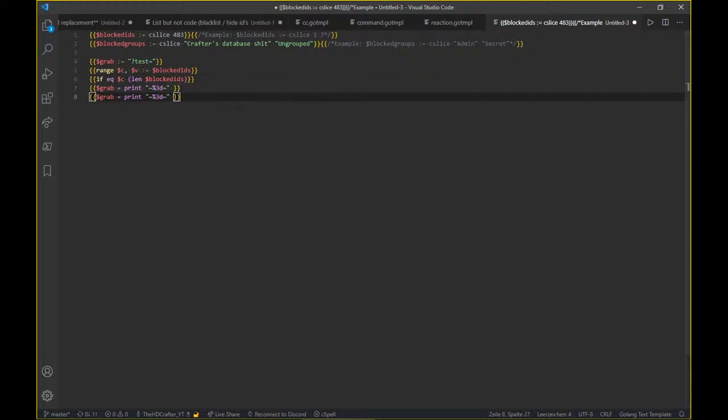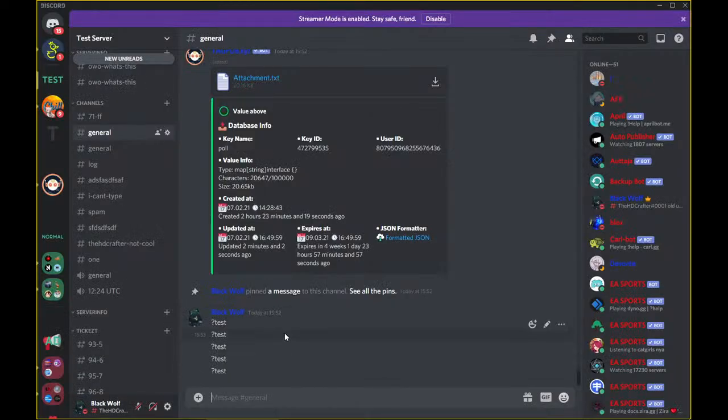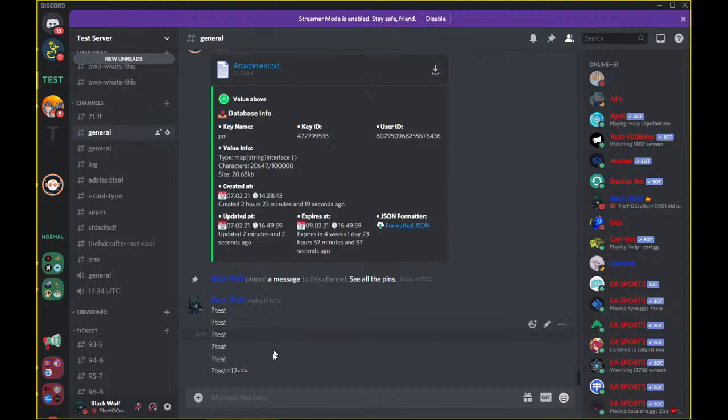I'm trying to do this so it won't just add this here, like, so it won't just do this here as custom command ID, so it won't do this here, so it will